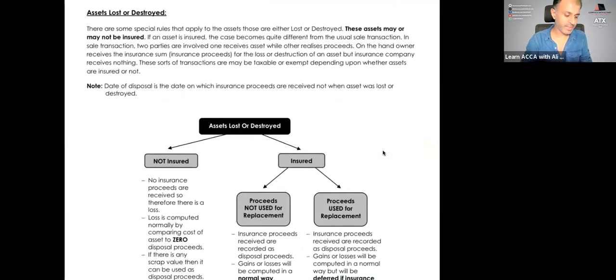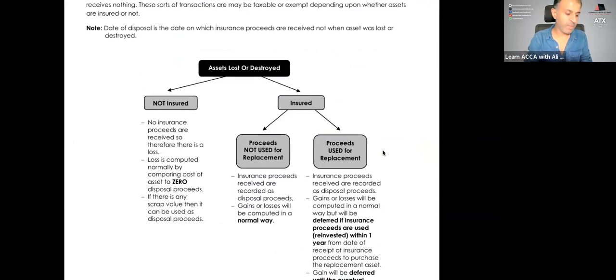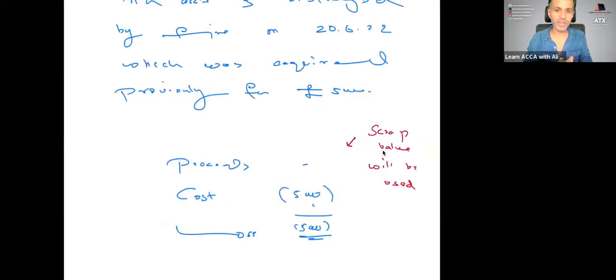See, that's the first case. When an asset is lost or destroyed and it is not insured, no insurance proceeds are received, so therefore there is a loss. Loss is computed by comparing the cost of an asset with 0 proceeds. If there's any scrap value given, it will then be used as part of the disposal proceeds. Simply it's written; before you read that out, I have even explained that to you. That's been asked in application number 17. And we also can revise this to